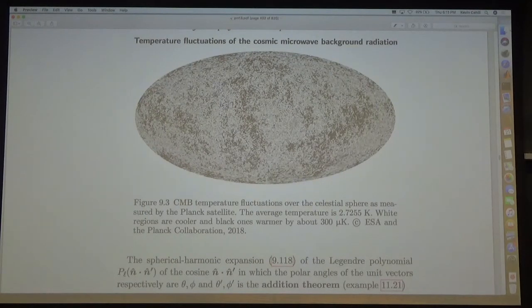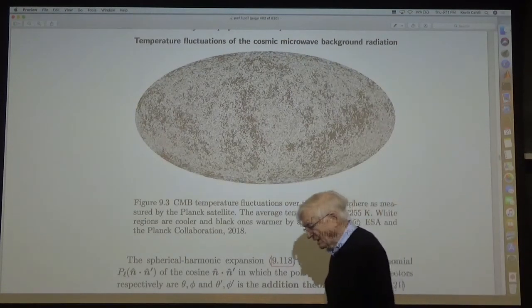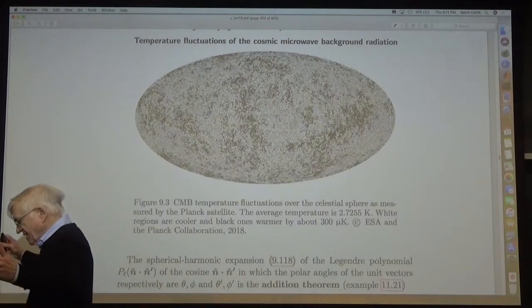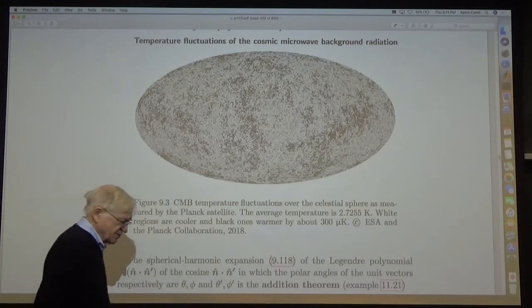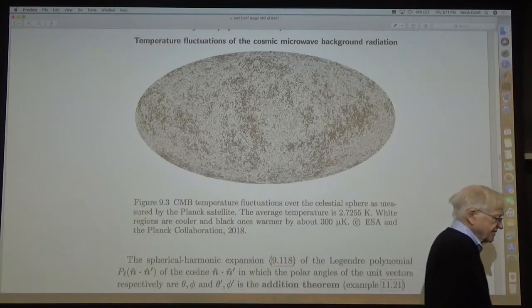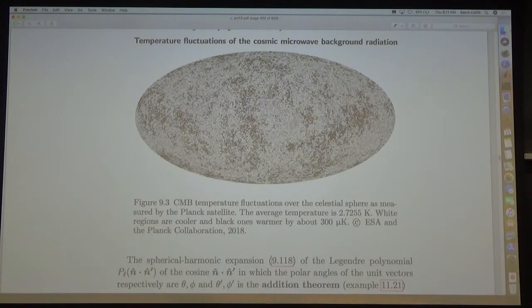Well, it's the motion of the Earth relative to the cosmic microwave background, which provides an absolute frame of reference for the universe. And that motion of the Earth is partly that the Earth is moving around the sun, but more importantly, the sun is moving in the galaxy, and the galaxy is also moving. And so everything is moving, the Earth is moving at quite a high speed. I forget what the speed is,